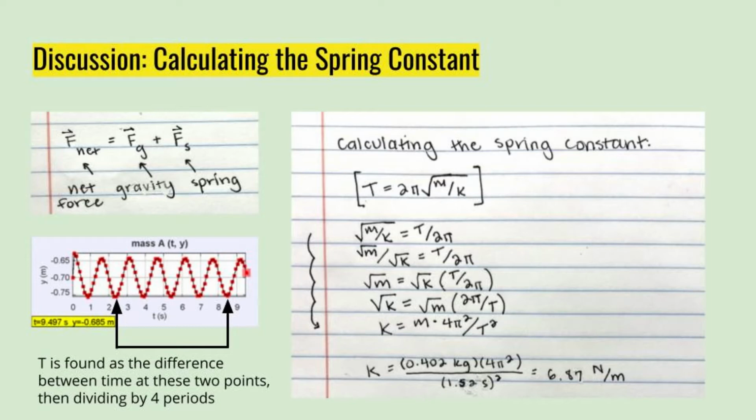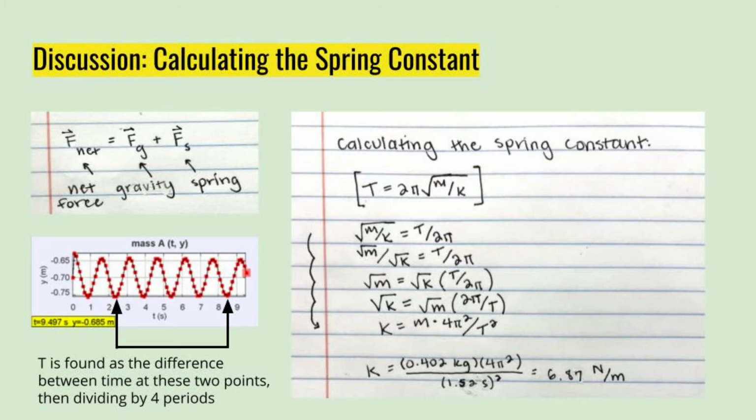The first value that we need to calculate is the spring constant. To do this, we'll start by finding the period of oscillation from the motion graph in Tracker. I subtracted the time at the left arrow from the time at the right arrow, then divided by 4 to find the average period. Then I took the equation for the period of oscillation and rearranged it to solve for k, which is the spring constant. After plugging in the mass of the object and the period, the spring constant was calculated to be 6.87 newtons